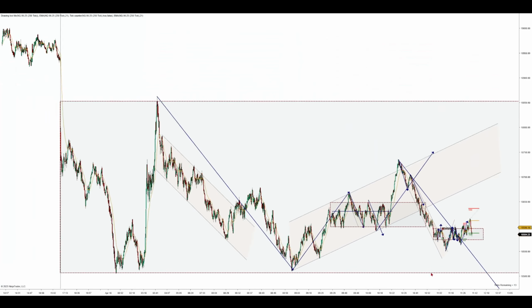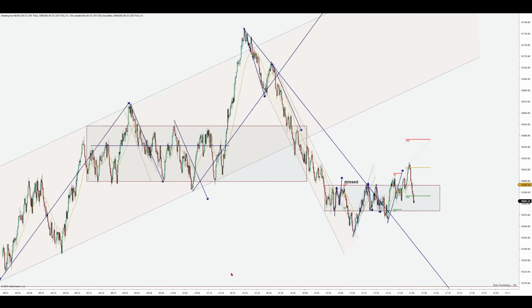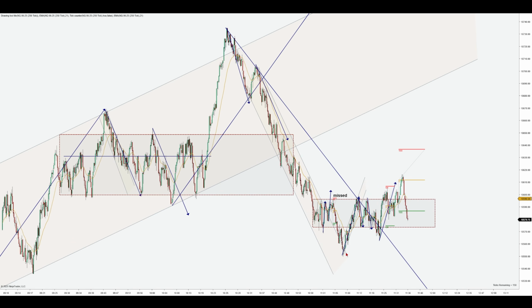But if you zoom out a little bit, it's pretty clear to see that this is all one leg on a bigger picture. And so this is really just a bigger picture two-legged break, and it's forming based on the smaller picture play out into a reversal. You see what I'm saying here? So anyway,